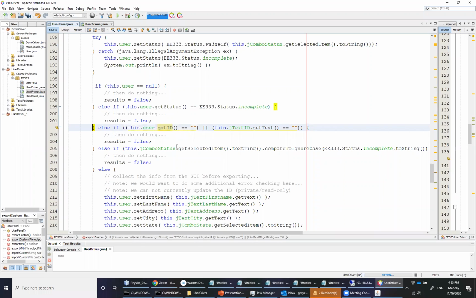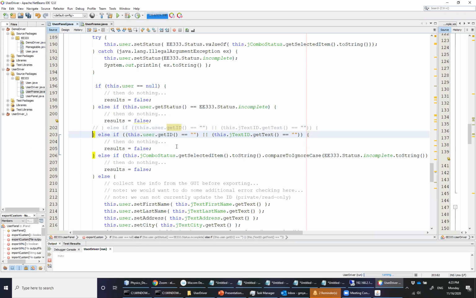So just to emphasize this, I'm going to make one minor modification now to this particular statement right here. I'm still going to keep the check to see if it's equal to an empty quote, because we do want to make sure that we can't somehow pass an empty ID to a file. In other words, that our user has to have an ID. But what I'd like to do now is make a little bit of an odd change here. So we want to check to see that the get ID is not equal to 0, or